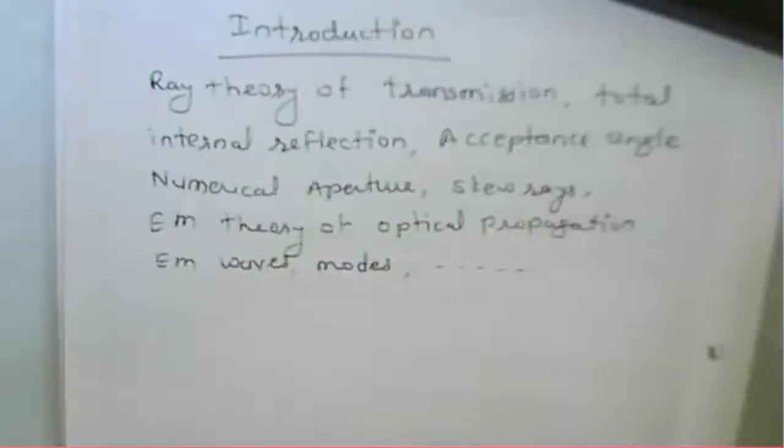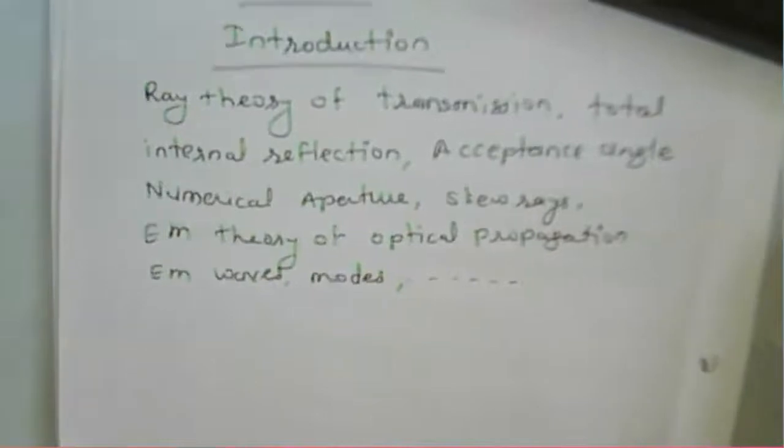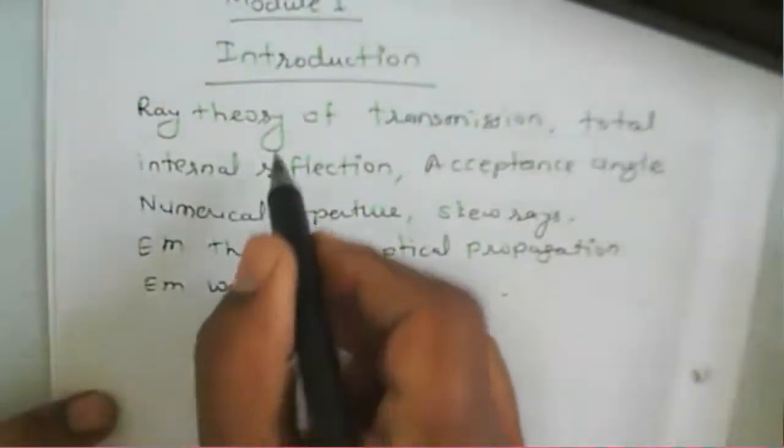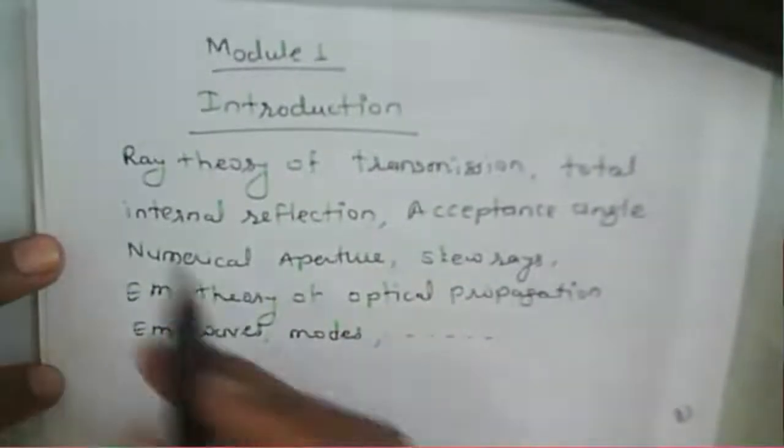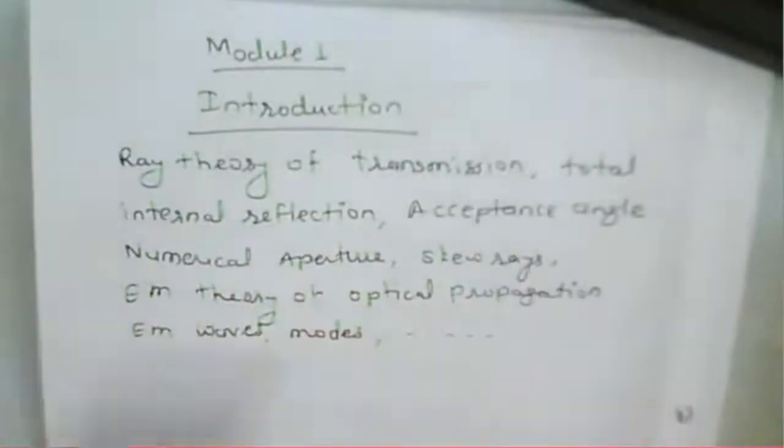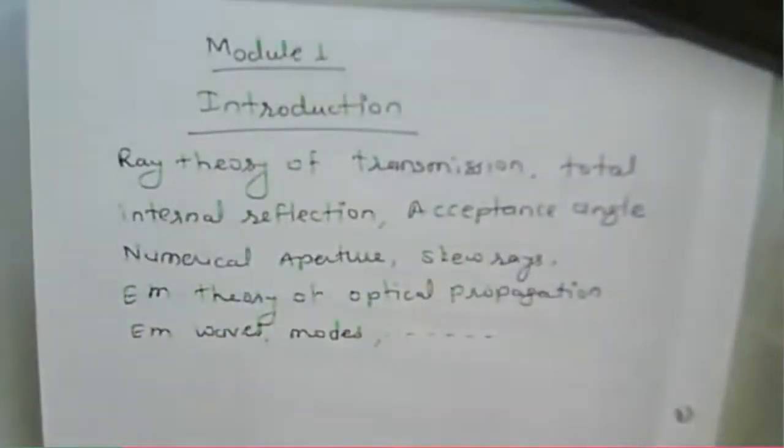Okay. Now we start here with Module 1. Welcome to this optical communication course. We start here with Module 1 and we learn the introduction. That is Module 1. We have an introduction and we learn the ray theory of transmission. So before learning the ray theory of transmission, we should know that